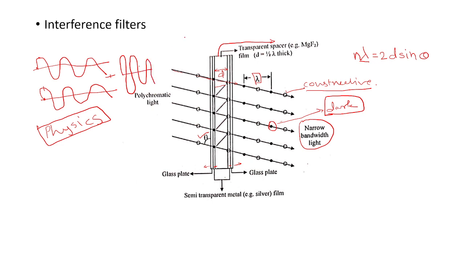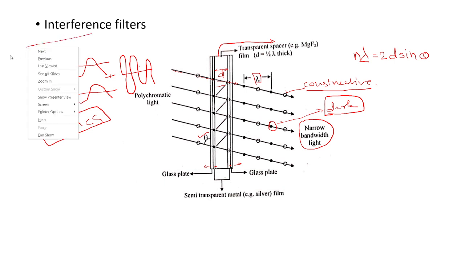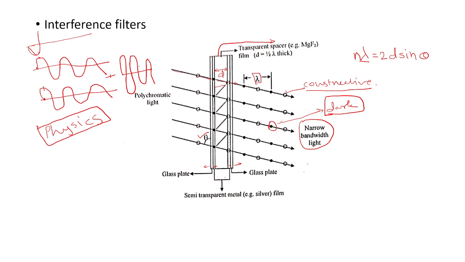But what happens if there is another wave of this phase, for example? Here these points are opposite, crest and trough, exactly opposite. So they interact with each other, and the result is just a straight line, meaning a dark point, no wave. This is called destructive interference, and the earlier case is called constructive interference.